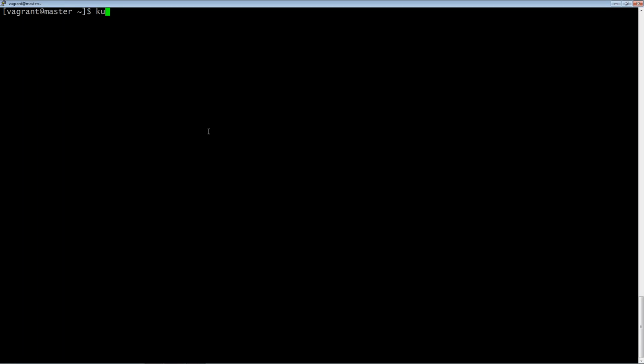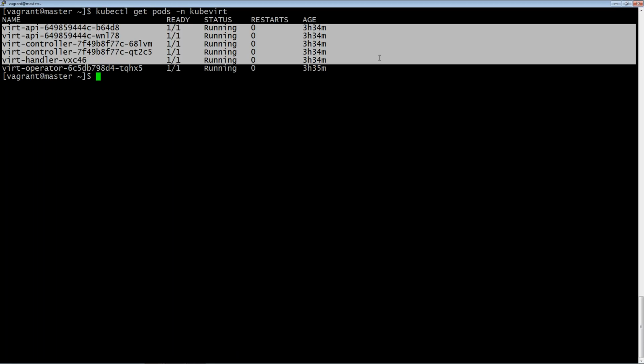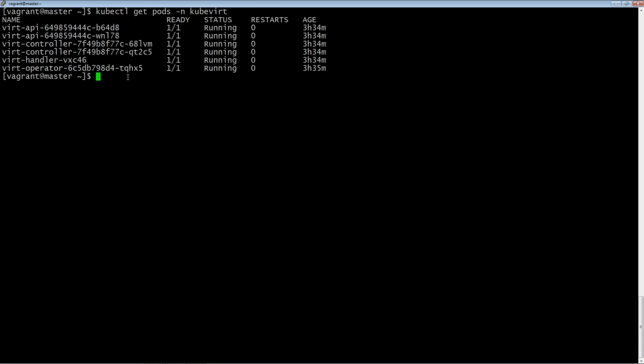Once I deploy the operator, I'll be able to see a special pod on a new namespace called Kubevirt. Here we'll be able to see this operator just waiting for Kubevirt. Once this operator is already running, then you can deploy Kubevirt, and all of those pods will appear also here on the Kubevirt ecosystem. And those pods are actually doing what you saw on that diagram, showing the flow between the Kubernetes API and Kubevirt